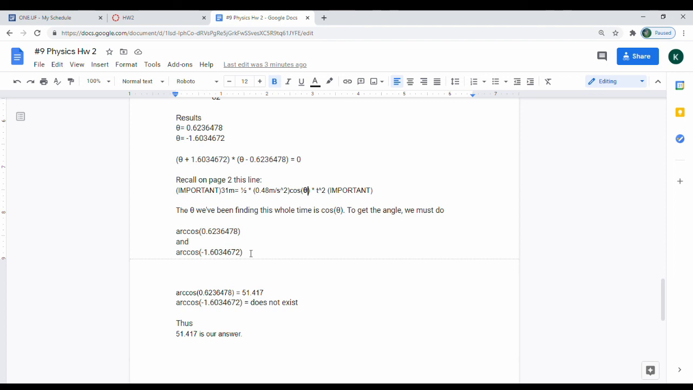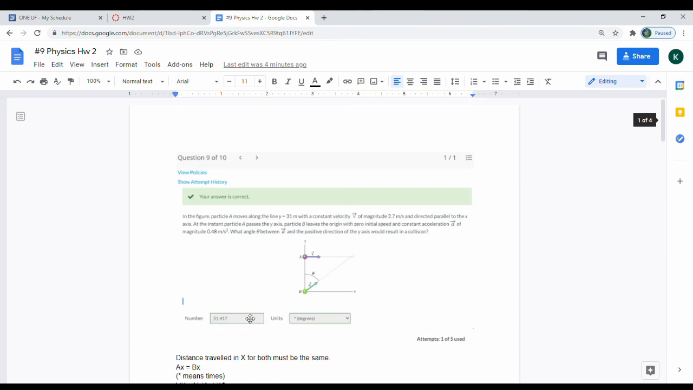I don't think any cosines exist over 1 or below negative 1. So, if you do arc cosine of this number, you get the answer of 51.417 degrees. And that is the correct answer. So you can see